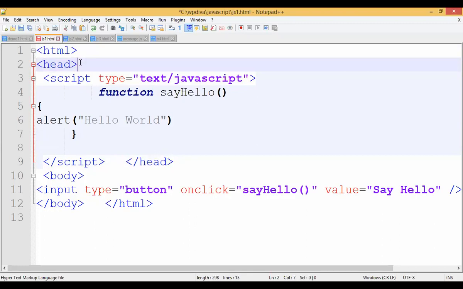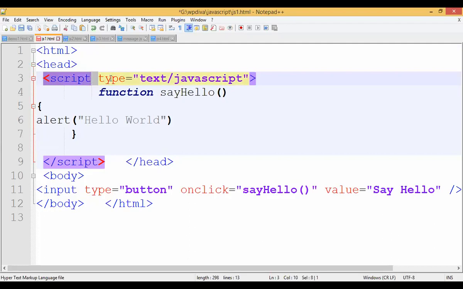header tag. So what I do inside the header tag, students, I take script, then I type equals to text slash JavaScript. Here you can see that the language is not written. You can use language or type, both attributes, or you can use one attribute, no issues. But if it is showing an error during execution, we have to write both the attributes. Right now there is no error, students. See, script type is equals to text slash JavaScript, right?